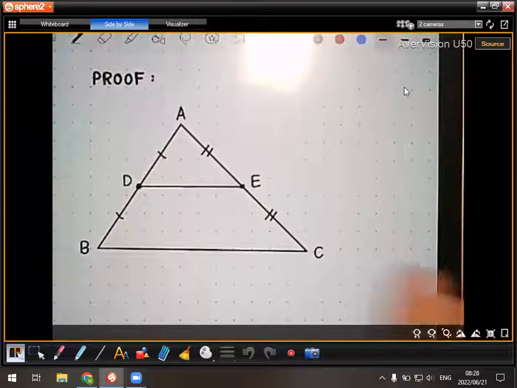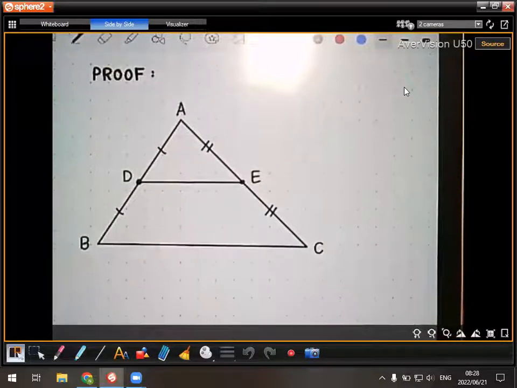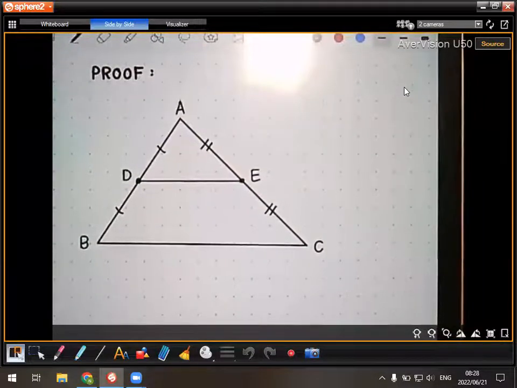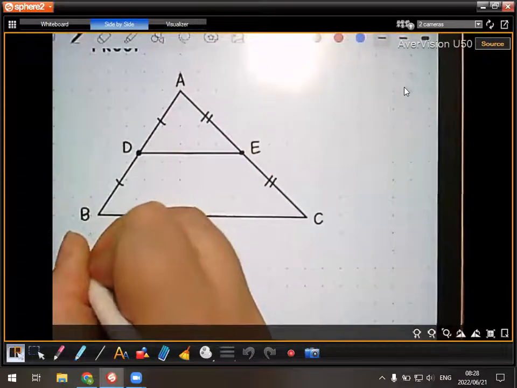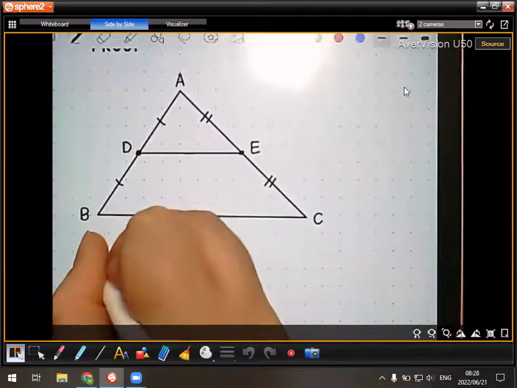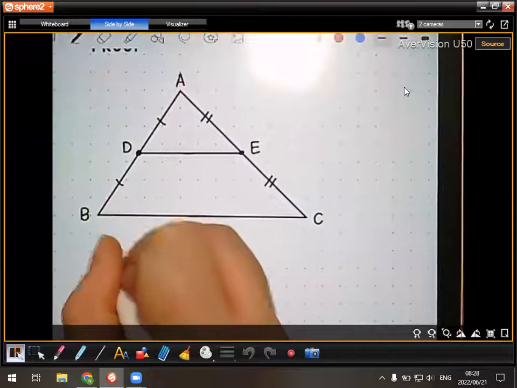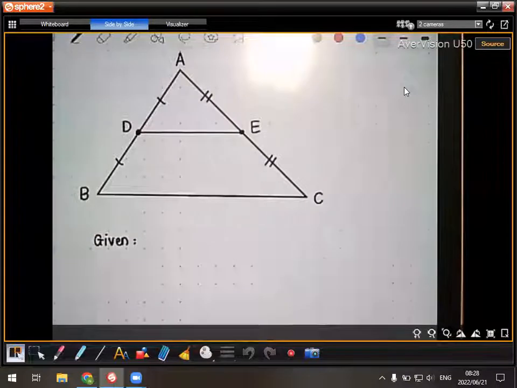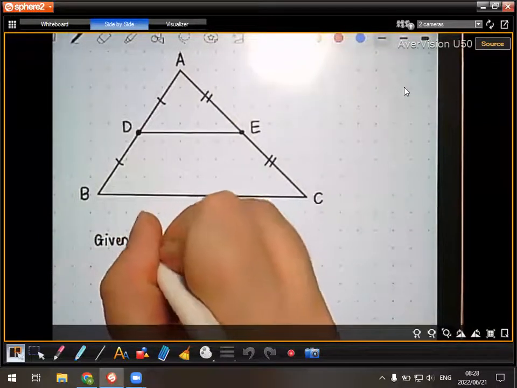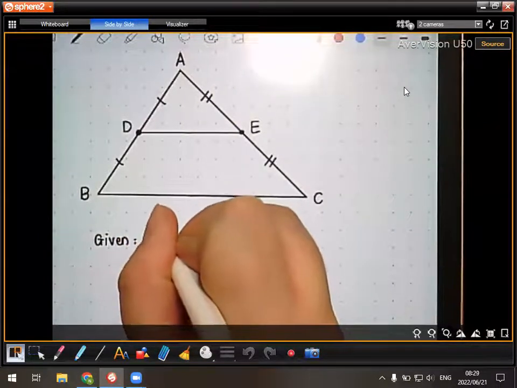Okay, so it's very important that you use the letters that they have given you. Then they are going to write out in words also what was given, even though we can't see it on the picture. So that will be the first thing that will be written down after they've given you the picture. So they'll say given. So please write this down, guys, so that we have the full proof. So they'll say given triangle ABC or whatever letters they have decided to use